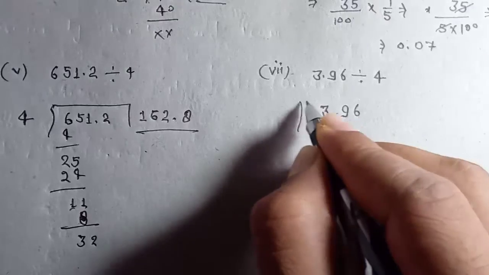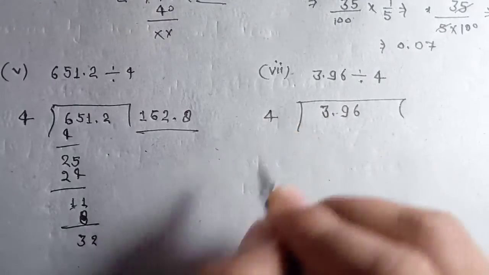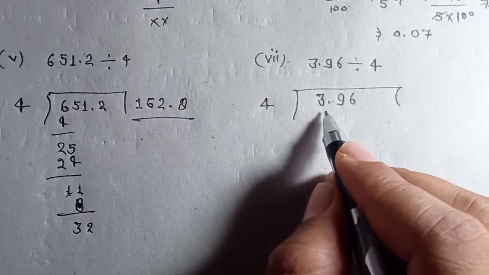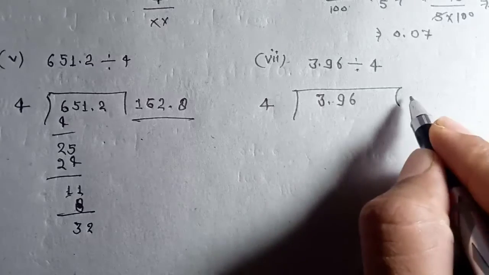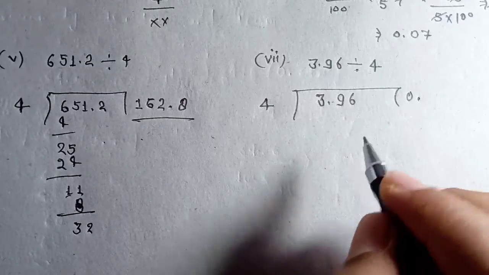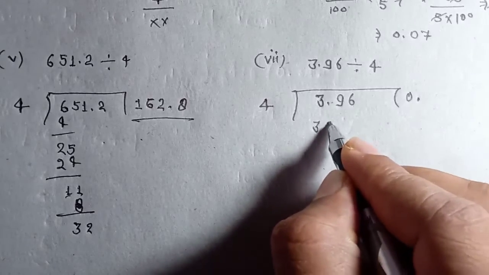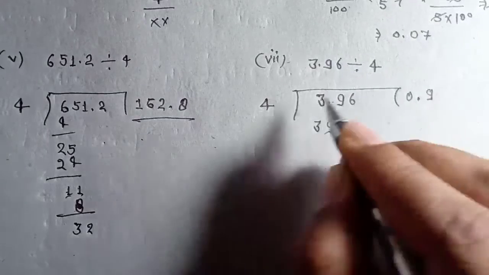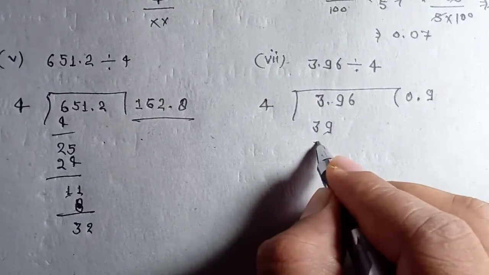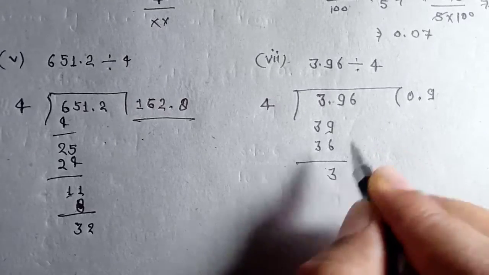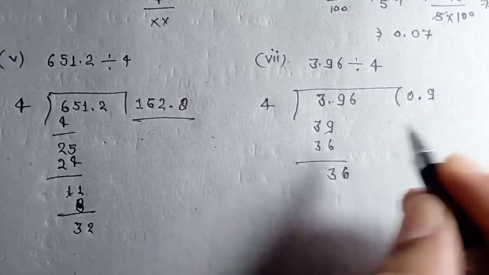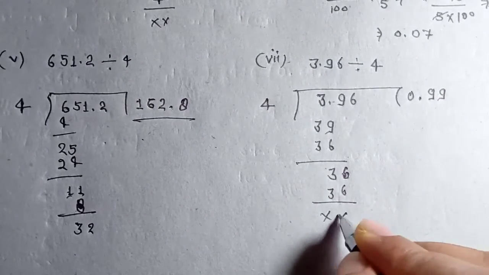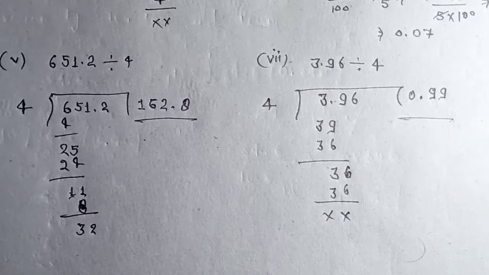And when this is divided by 4, we have 3.96 divided by 4. This is very simple, but see how to do this. You can see here 3 is not divisible by 4, and therefore we have to place here the decimal sign. Okay, now it is 3 here, and this 9 comes here. Now 4 9s are 36. You have 3 here, and this 6 comes here, and again 4 9s are 36, and this is your solution, 0.99.